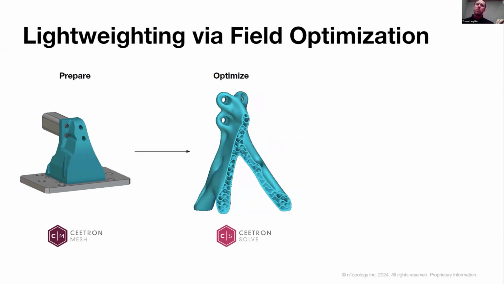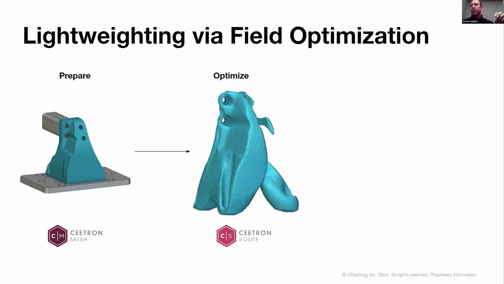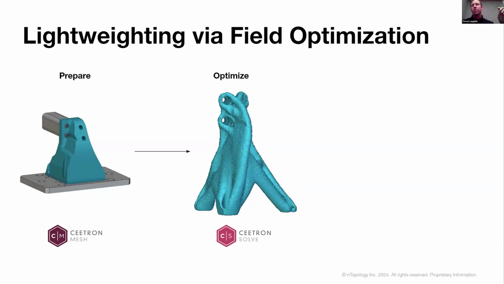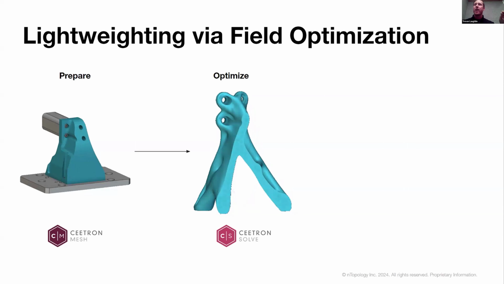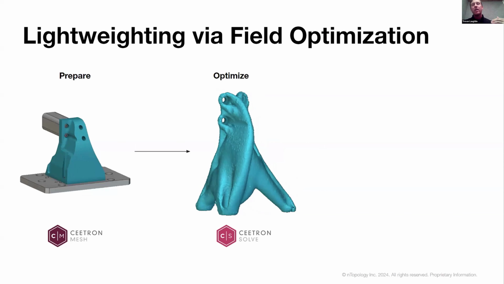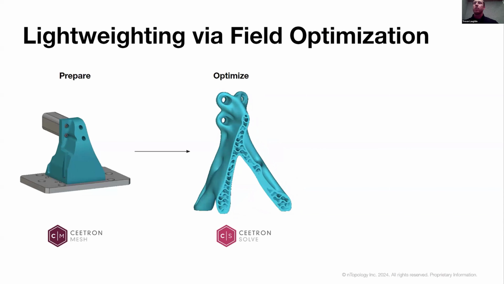And then the next stage is what we called field optimization, which is basically going in and for every part of that infill, every wall thickness, every shell, all the shell thicknesses around the boundary of the part, it's optimizing every bit of that as much as it can down to the manufacturing tolerance. So if you look really closely, you'll see varying wall thickness around the boundaries and throughout the infill. And all of that optimization and geometry techniques is what we've built on top of the CEETRON solve components that